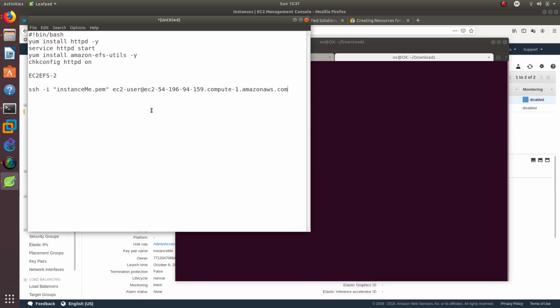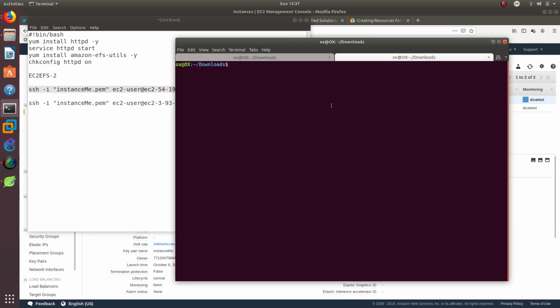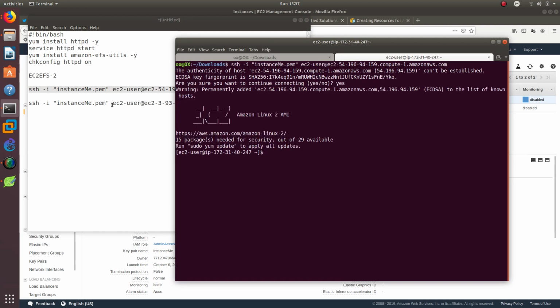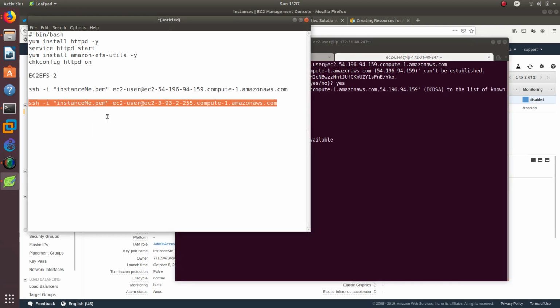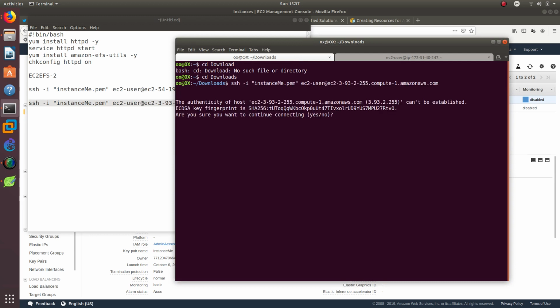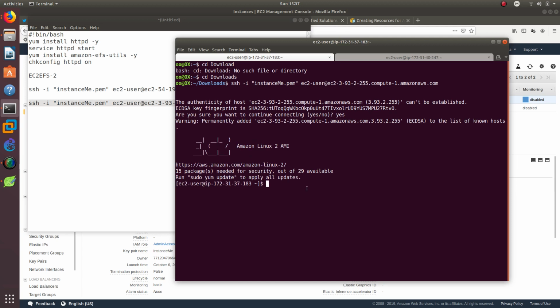So let's go ahead and open LeafPad. And we want to connect to this one. Paste. Yes. And then we're going to connect to this one as well. Paste. Let's say yes. Okay, and done. So the first thing that I want to do is a sudo su